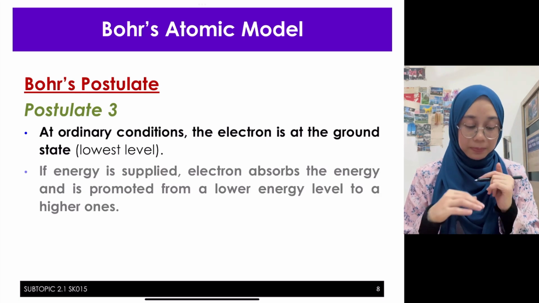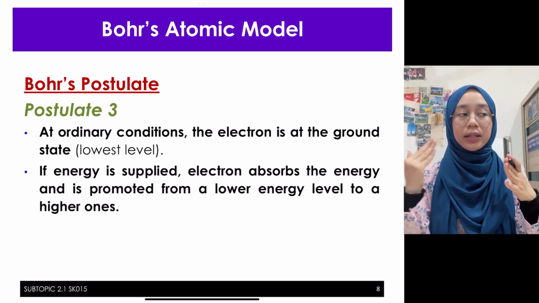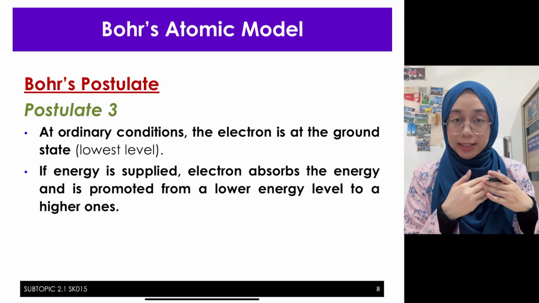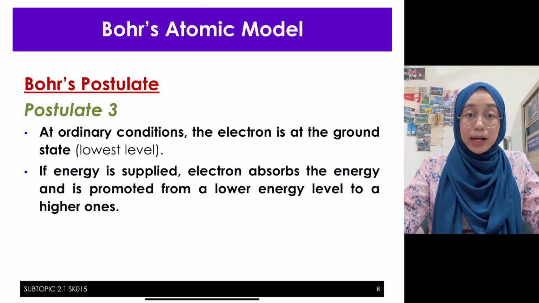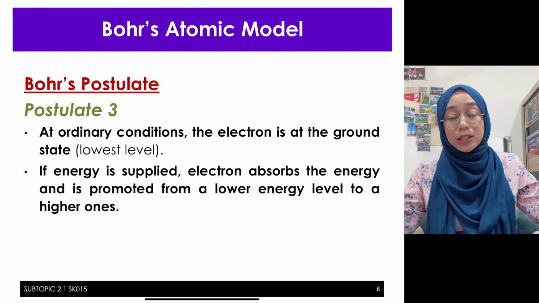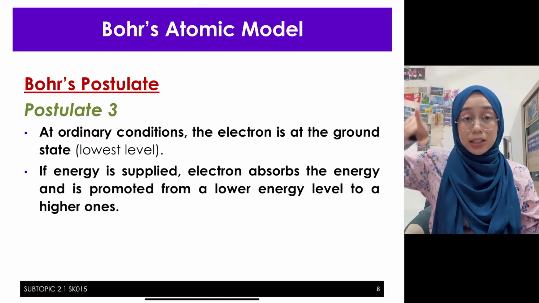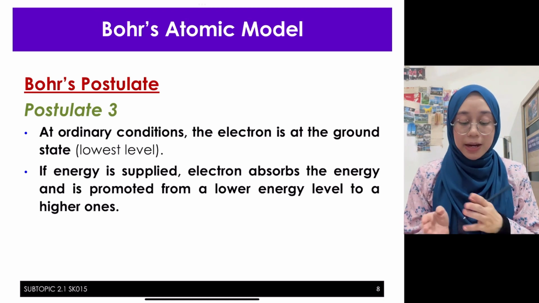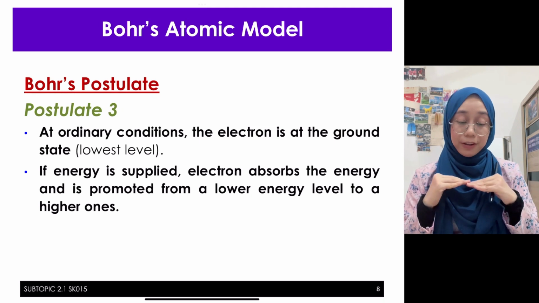Okay, but then if kita supply energy, energy is usually being supplied through lights sebenarnya. So kalau kita supply energy dekat elektron tu, elektron tu dia akan absorb energy. Bila dia absorb energy, dia makin bertenaga kan. So what happens is dia akan naik pergi to a higher energy level. Okay, so if energy is supplied, electron absorbs the energy and is promoted from a lower energy level to a